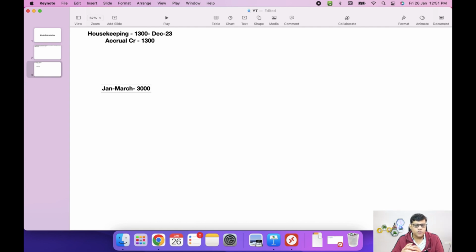So are we going to post a normal rent expenditure of 3000 in the month of January? That is not correct, because as per the accounting, whatever is actually due, that you record in the business expenditure. In January you can't record 3000, but we have received the invoice for 3000, so we need to make the payment as per the contract. Quarterly we receive the invoice and make the payment. Then how are you going to record this particular transaction?